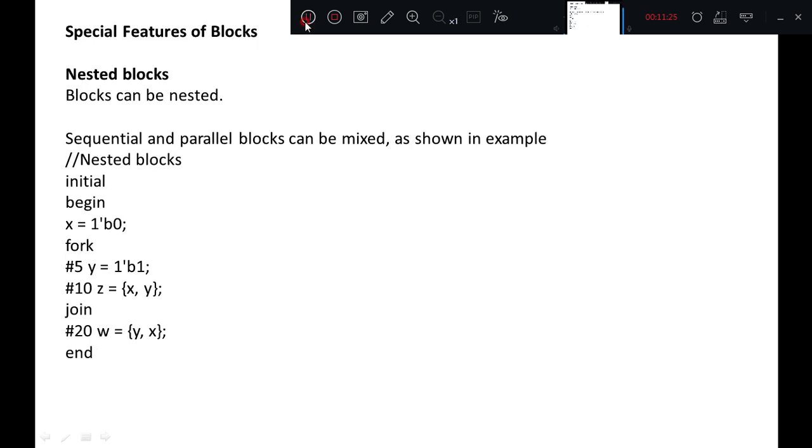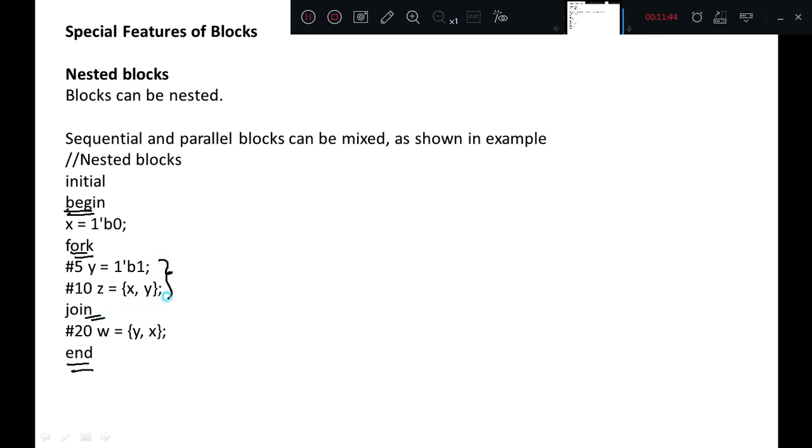You can see here a special feature of blocks, nested blocks. Nesting means you can observe in this example, inside begin and end we have also used fork and join.